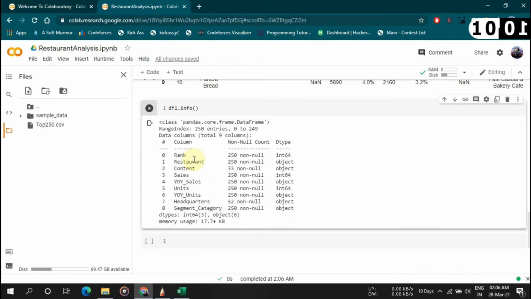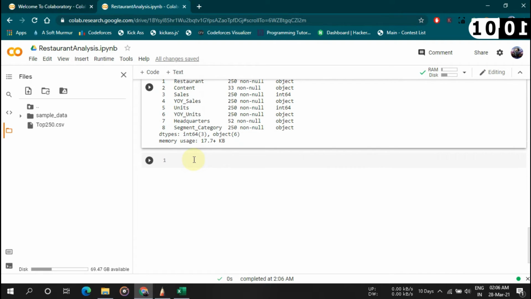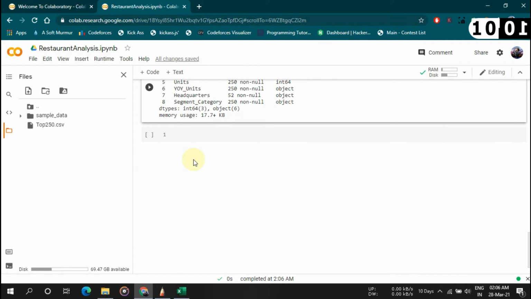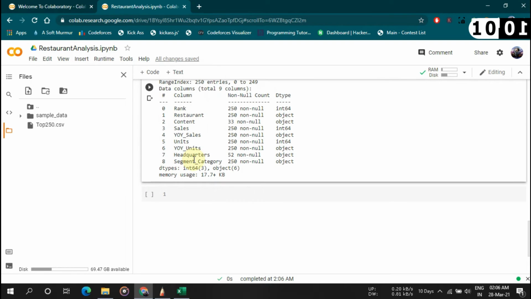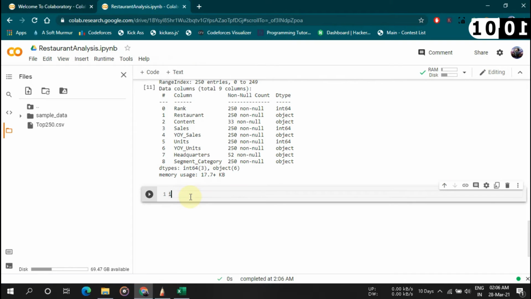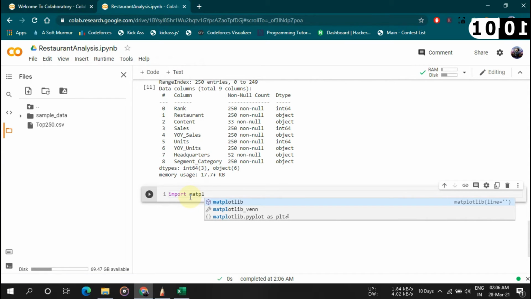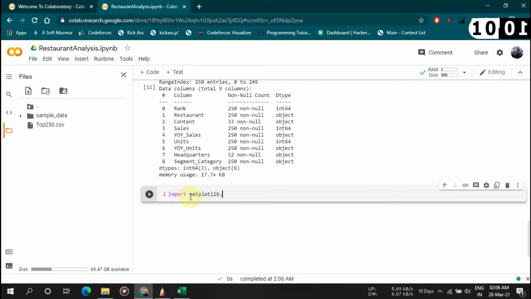information of the file. I am not showing you how you can do analysis, but you can use this. Even if you want to use matplotlib for data visualization, you can use that library, which is also previously installed, but as I already said, if you want to install it manually, you can also do that. If you want to use matplotlib, I will use import matplotlib. You can see it is already showing a suggestion, so I just use autocomplete and fill out this function. I will call that plt.